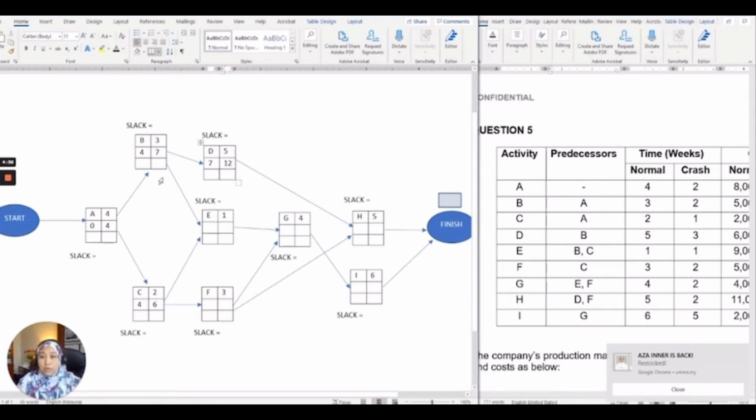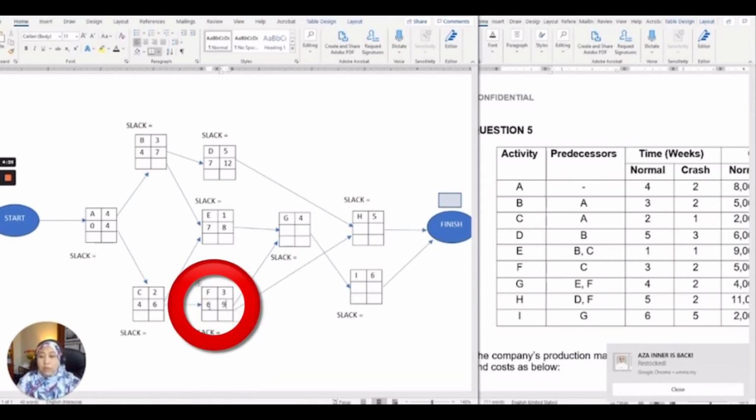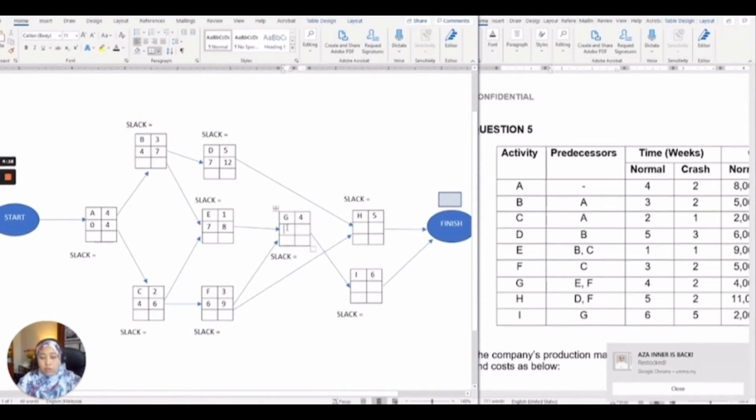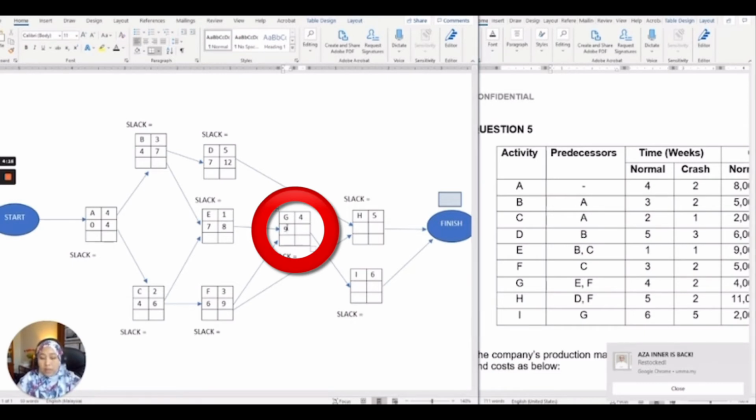For activity E, we need to compare B and C, so we take the highest earliest finish, which is 7, so 7 plus 1 equals 8. For activity F, we just take the value from activity C, which is 6, plus 3 equals 9. For activity G, we compare activities E and F and take the highest earliest finish, which is 9. So the earliest start for activity G equals 9, and 9 plus 4 equals